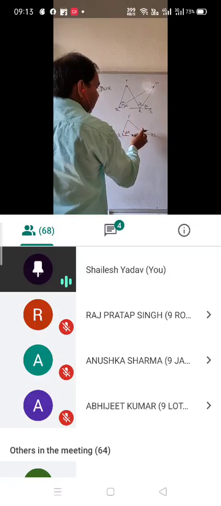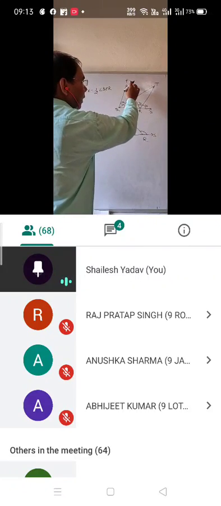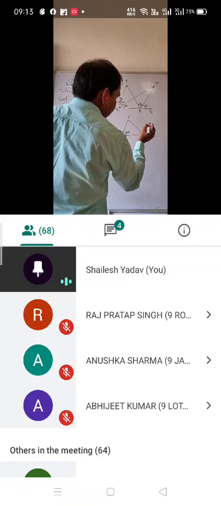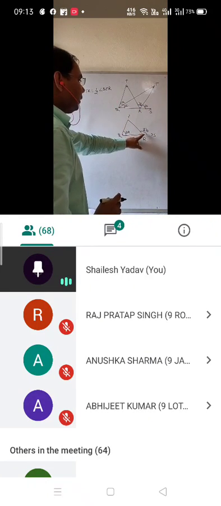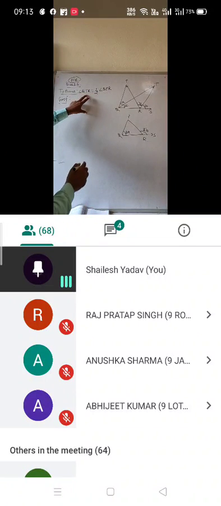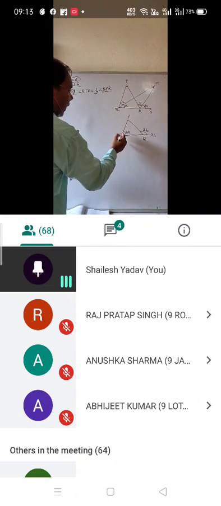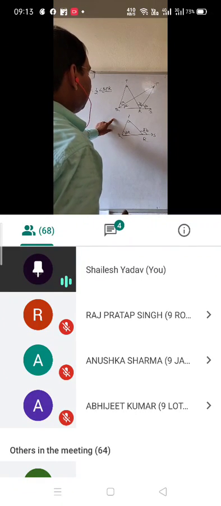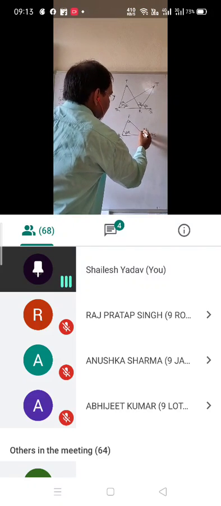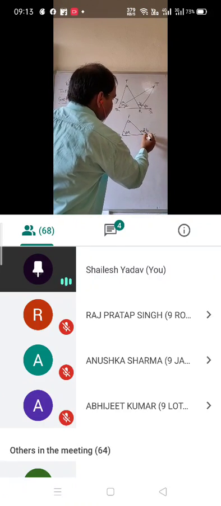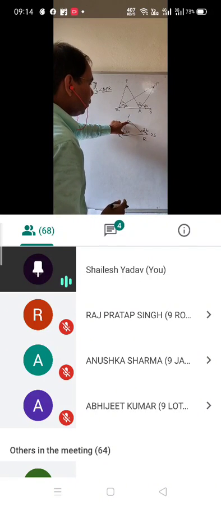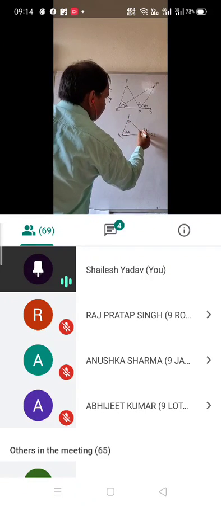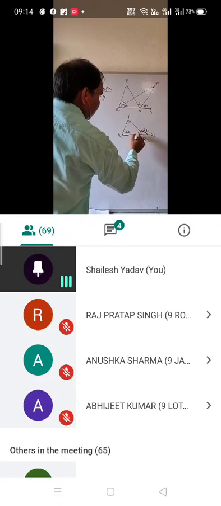In the same way, what is the angle PRS? This angle PRS, B plus B, that will be 2B. So here I am going to get it is 2A, it is 2B. And what is the value used in the question is, here it is used angle QPR, here it is the angle QPR. So all of you are familiar with the exterior angle property of the triangle. So exterior angle property of the triangle says that exterior angle equal to sum of the two opposite interior angles. So here I will use the exterior angle property for this triangle. Here it is the exterior angle for this triangle if one side is extended.